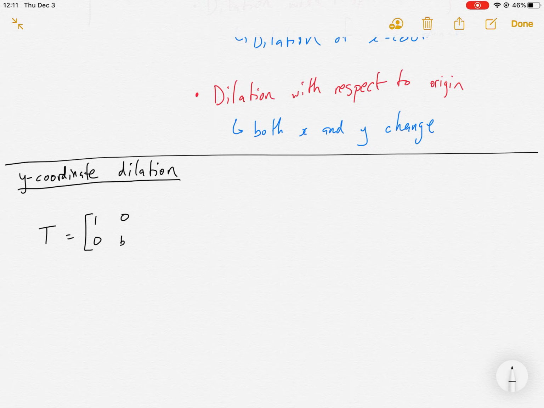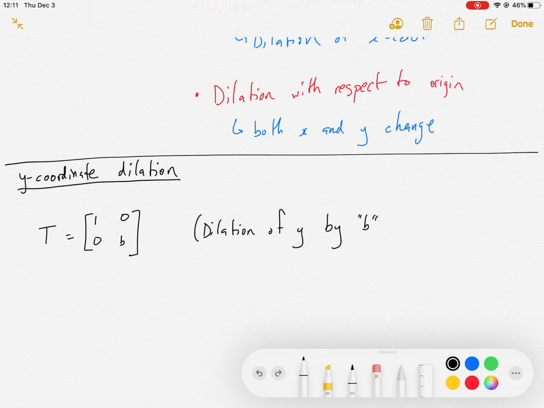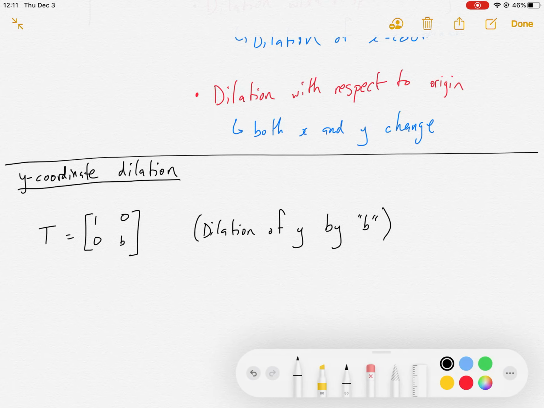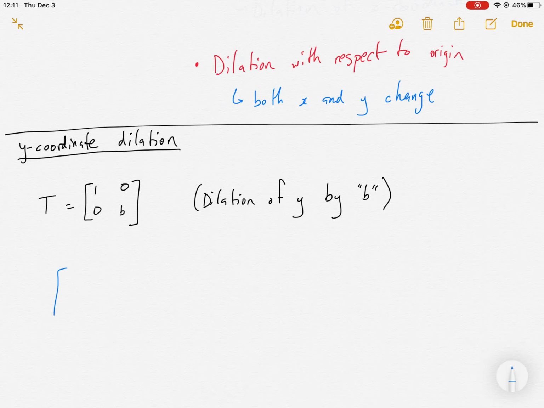So I'm going to put a b there. And so this is a dilation of the y-coordinate by whatever b happens to be. For example, if I said 1, 0, 0, 3 times my